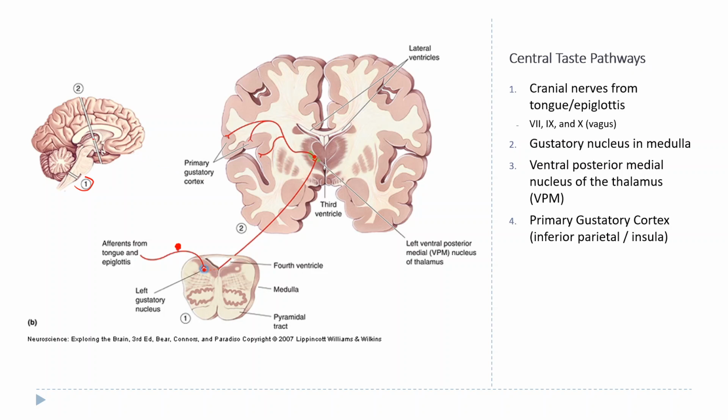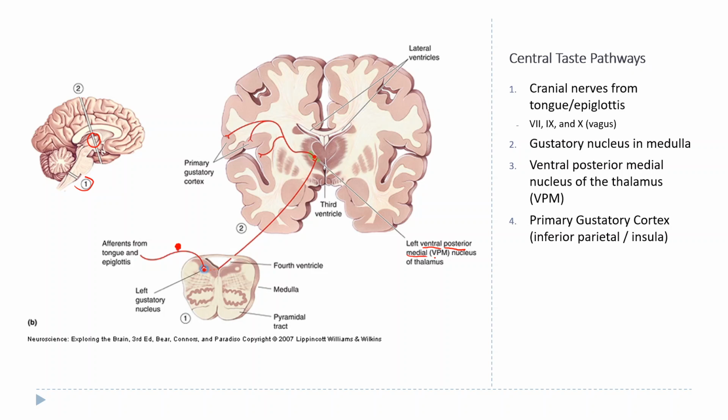So now we're up in this region of the brain. Remember, the thalamus is part of the diencephalon. The gustatory nucleus axons synapse onto neurons in a region of the thalamus called the ventral posterior medial nucleus,